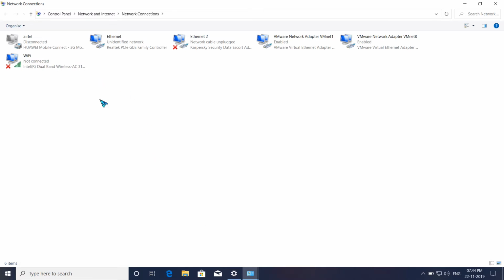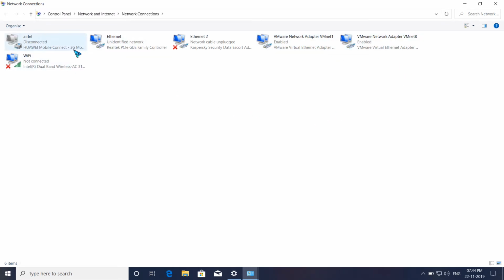Don't hesitate, I explain each and every step. What is the functionality of this? I use VMware Workstation, which gives you some free Ethernet ports, that's why there is a VMware network adapter.